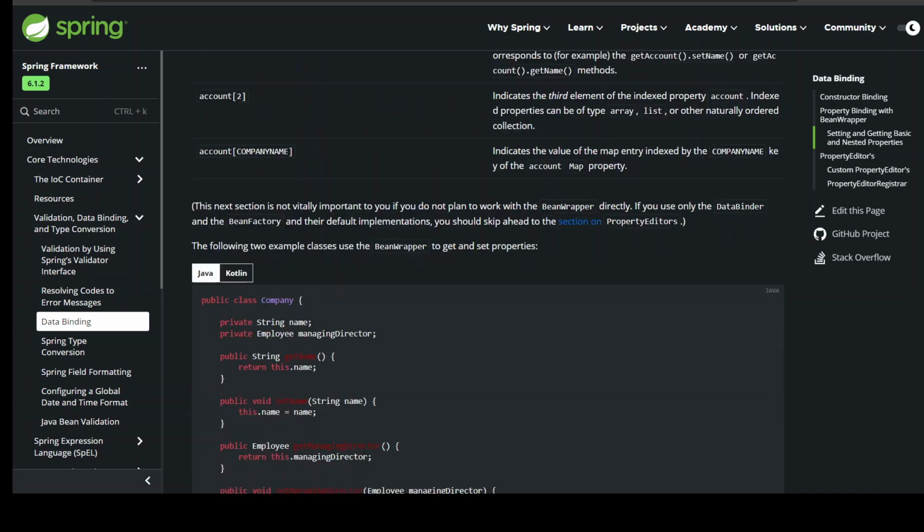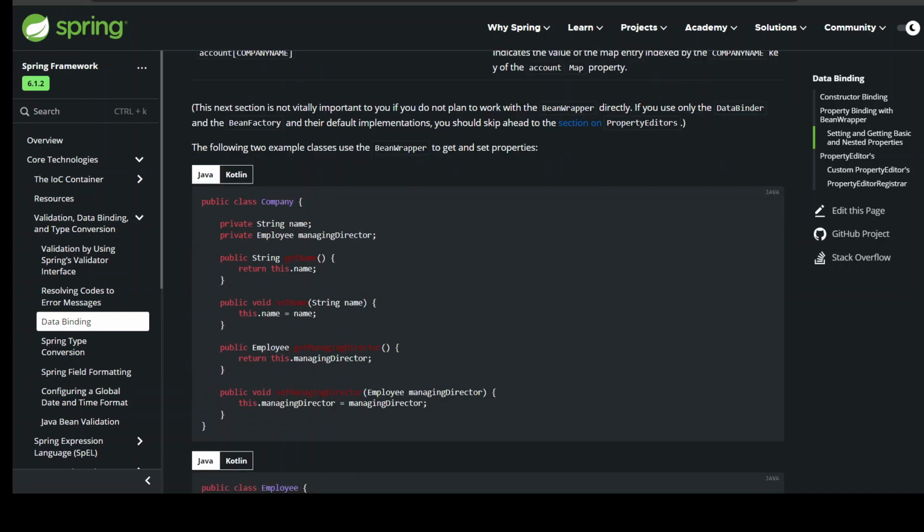public class Company { private String name; private Employee managingDirector; public String getName() { return this.name; } public void setName(String name) { this.name = name; } public Employee getManagingDirector() { return this.managingDirector; } public void setManagingDirector(Employee managingDirector) { this.managingDirector = managingDirector; }